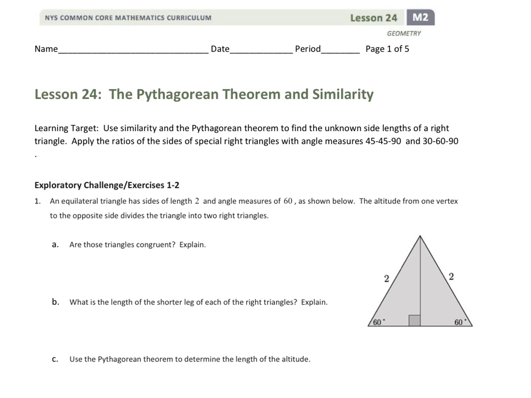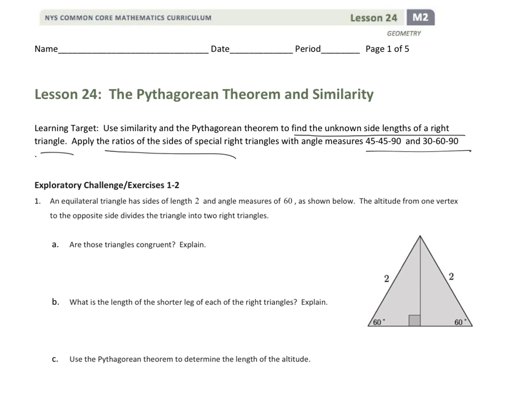So we're changing directions a little bit, and we're getting back into thinking about the Pythagorean theorem and similarity, but we are still going to be finding side lengths that have radicals involved, and that's why we revisited that over the last couple lessons. So again, we're looking at similarity and the Pythagorean theorem to help us find unknown side lengths of right triangles, and then we're going to apply some of these ratios and see if we can come to some conclusions and noticings. So when I look at this first example, it says an equilateral triangle has a side length